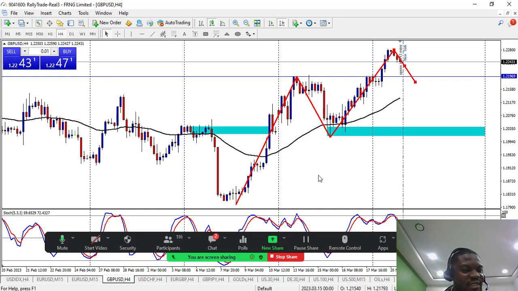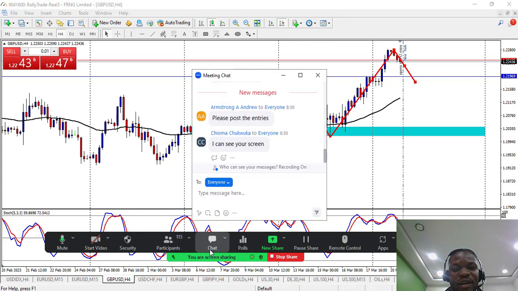I hope I'm not too fast, because this is just the second instrument, and we have a lot of instruments to cover. I hope I'm not too fast, and I hope you're getting value. All right,